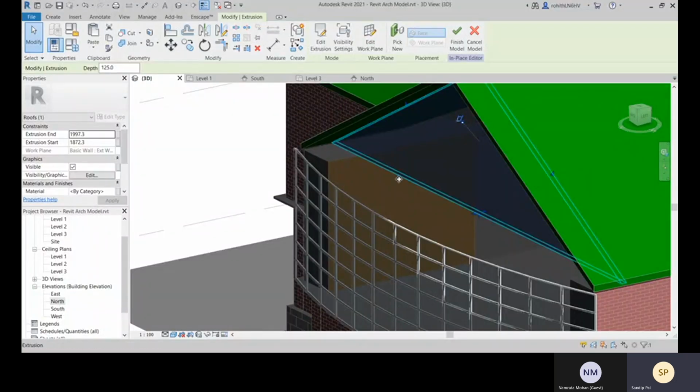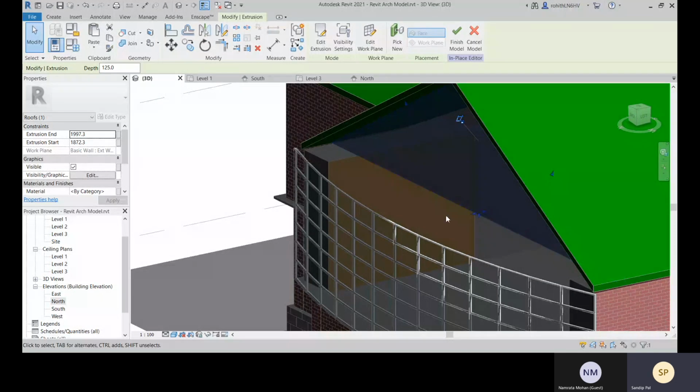Okay, so let's see, it's taking generally this.